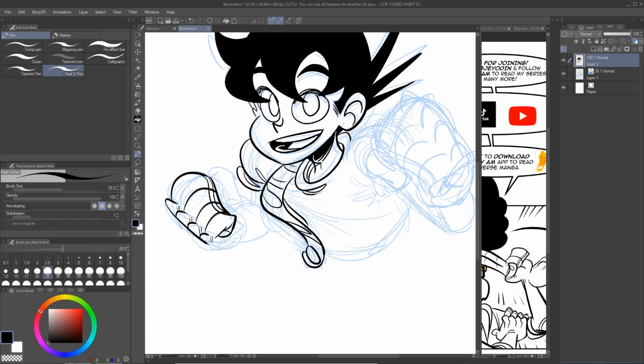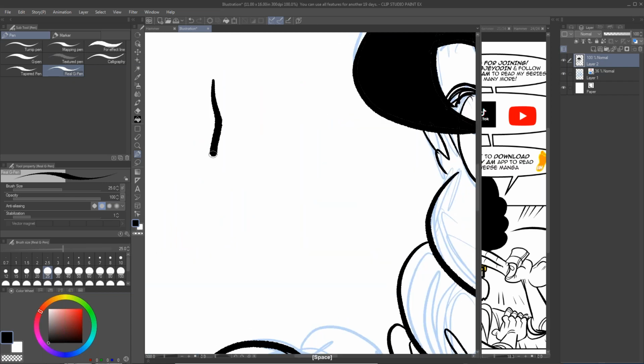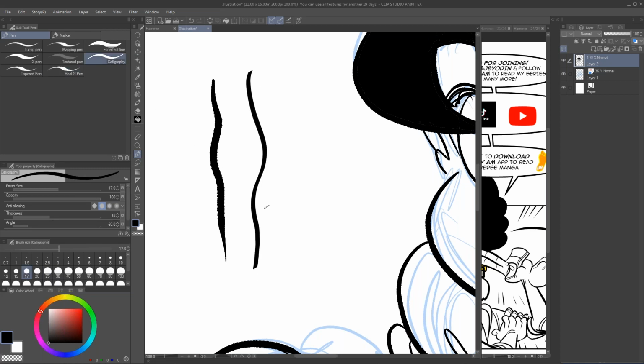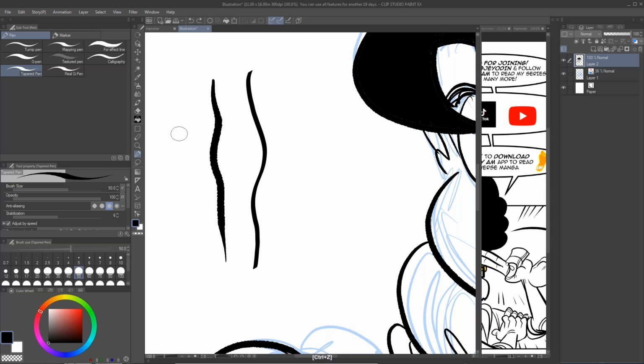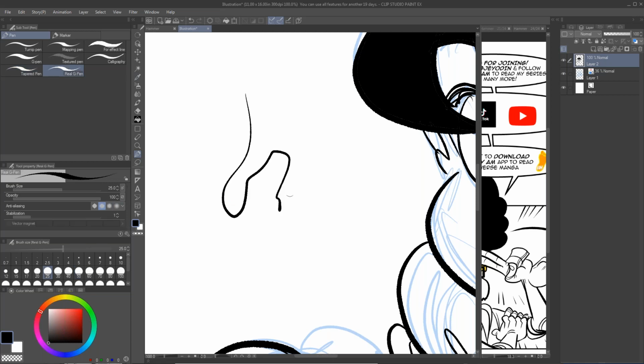When it comes to pens, I usually use the real G pen. I'll show you guys, it has all these kind of pixelated edges, but there's something about it that just makes me really like it. I love this pen right here. It's so smooth, but I rarely use it for inking. This tapered pen is pretty cool. I feel like it's a little more jaggedy than this real G pen, but I usually gravitate towards those three. This real G pen though is the one I use the most.